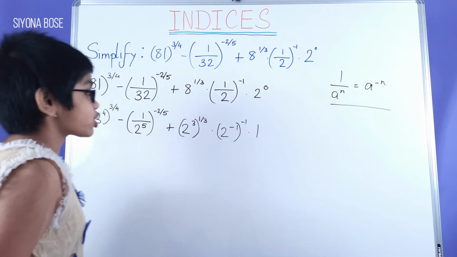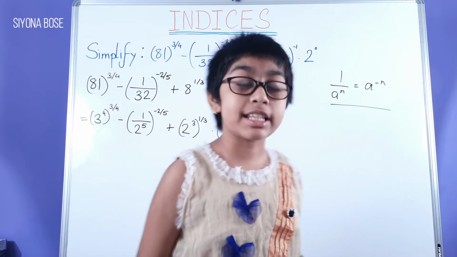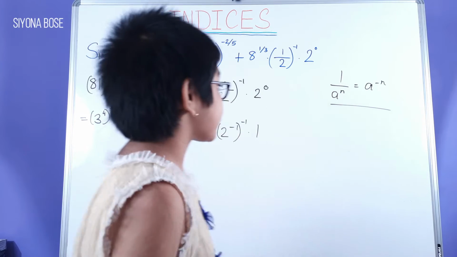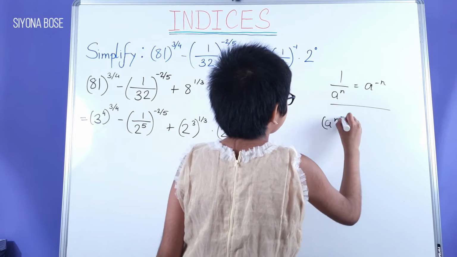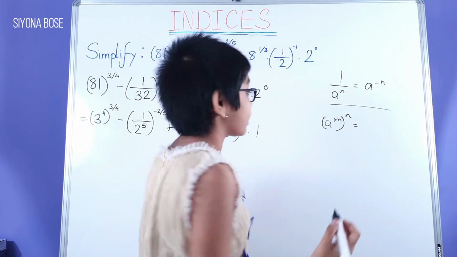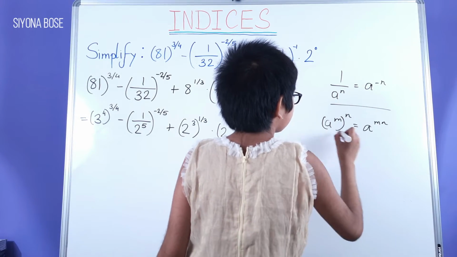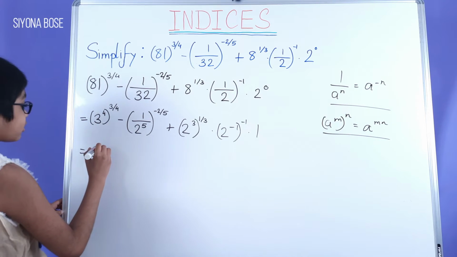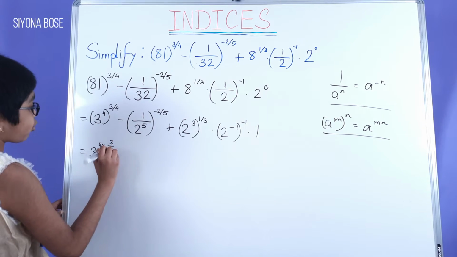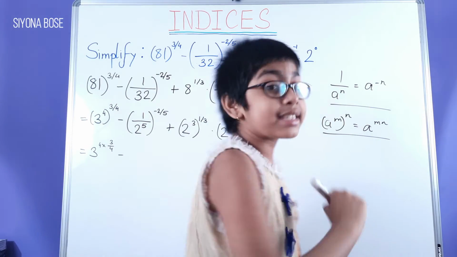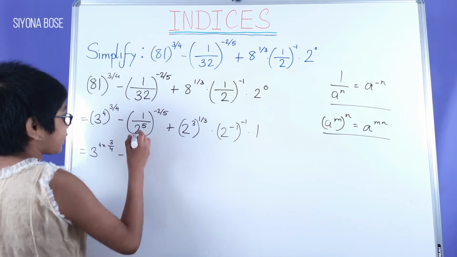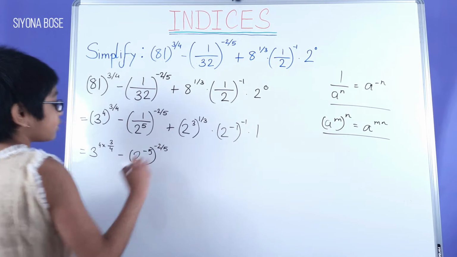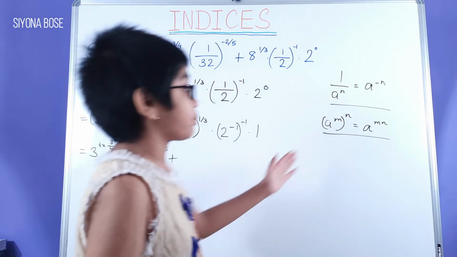In the next step, we don't have to mention this because we know that anything multiplied by 1 is that number itself. Okay. Again, we know that if it's like 8 to the power of m whole to the power of n, it's equal to 8 to the power of mn. Keeping that in mind, here we get 3 to the power of 4 into 3 by 4 minus, and here we use this identity, and then we get 2 to the power of minus 5 whole to the power of minus 2 by 5 plus, here again we apply this identity,